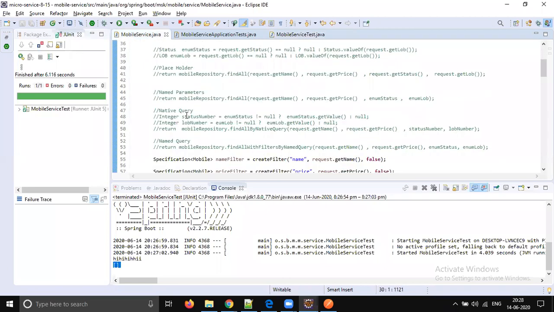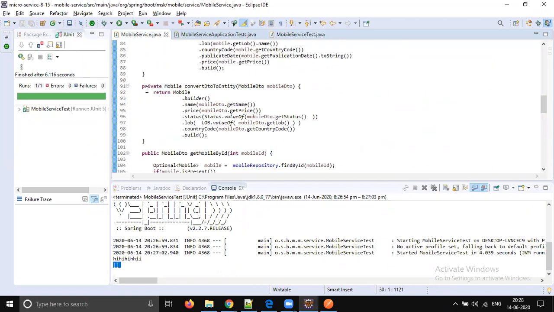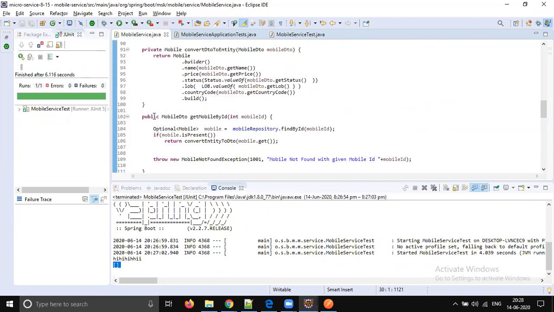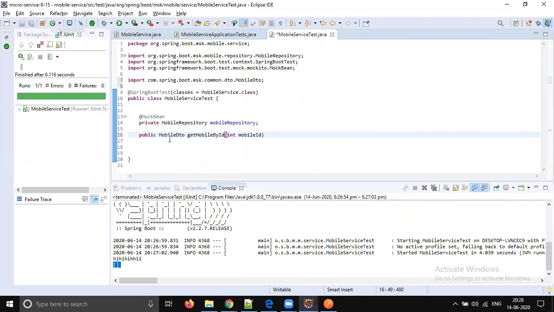Now let's test our mobile service, the getMobileById method. Where is that method? Just copy paste this. A JUnit method should always return void, and it should not take any input parameters.